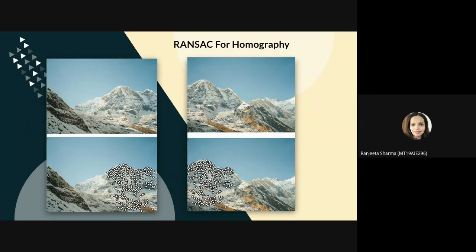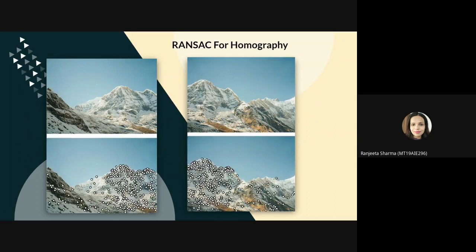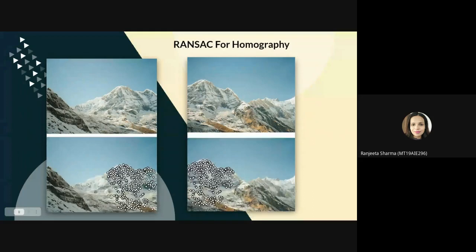Now in the RANSAC algorithm, the first step is to select the feature pairs at random, and then we compute the homography matrix, and then we compute the inliers, and then we keep the largest set of inliers. Here we can see we have discarded all the outliers and preserved only the inliers. Compared to the previous slides, where we have outliers also, as we go further all the outliers have been discarded and only the inliers have been preserved.